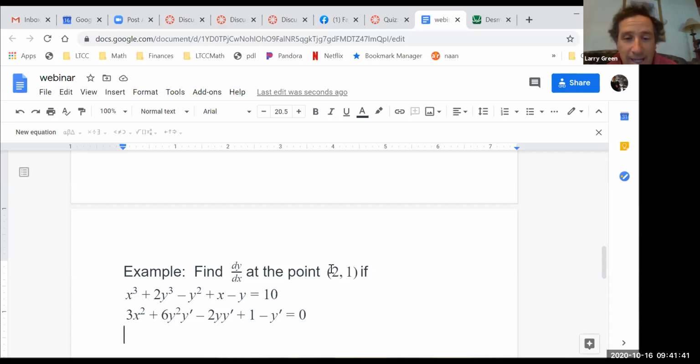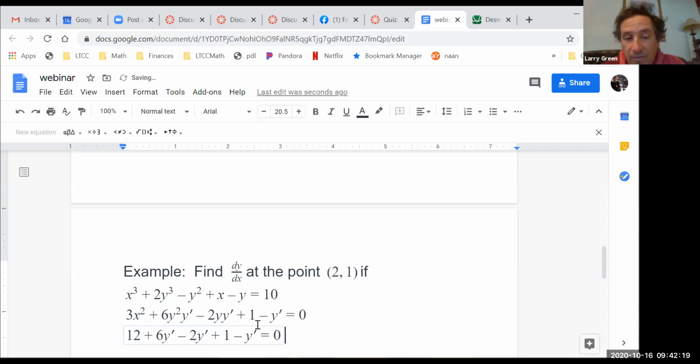I'm just going to plug in x is 2 and y is 1. And I could do that right away. So let's plug in. If you plug in 2, you get 3 times 2 squared. That's 12. And then we have plus 6 times y squared. That's 6 times 1, which is 6 y prime. And then we have minus 2 times y, which is just 2 y prime. And then we have plus 1 minus y prime